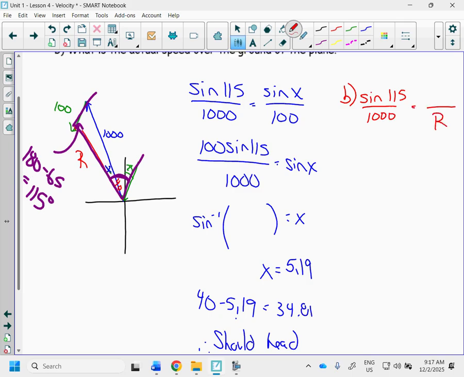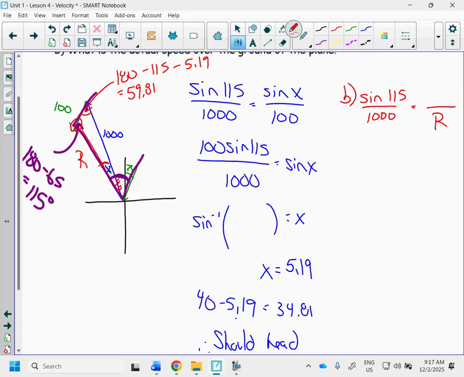In other words, the angle across from r. And the angle across from r would be this guy up here. To get that guy up there, what do I got to do? 180 minus the 115 from this corner minus the number we just figured out, 5.19 in this corner down here, gives you